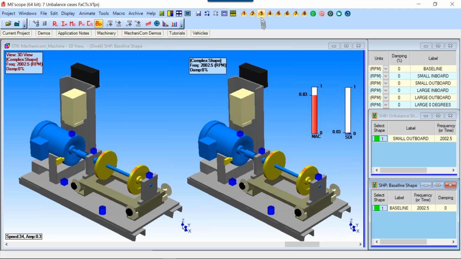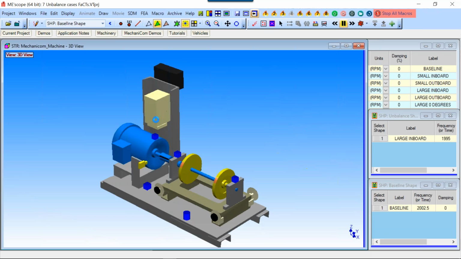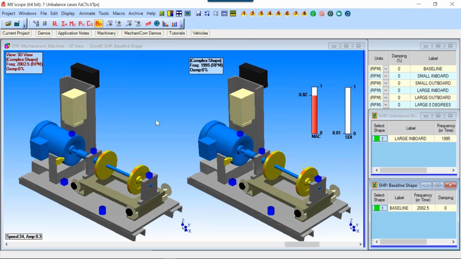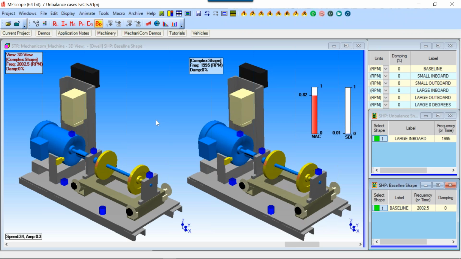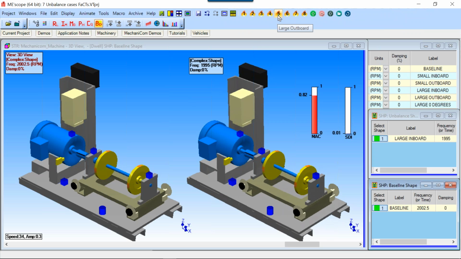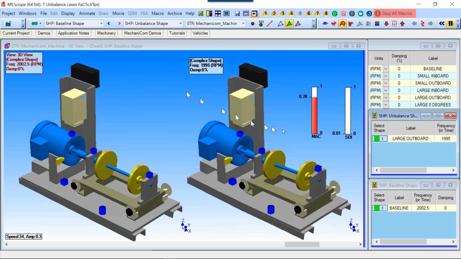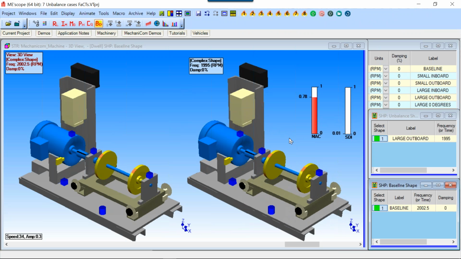Let me try the next one, small outboard. So that's a more extreme unbalance than on the inboard. You can see we've got more motion on the outboard rotor unbalance than on the inboard. Okay, here's a large inboard. Let's see what that looks like. Okay, so we're seeing the large is causing more motion again. Large outboard, we should see even more motion. And the two indicators are telling us that, yeah, this is quite a different